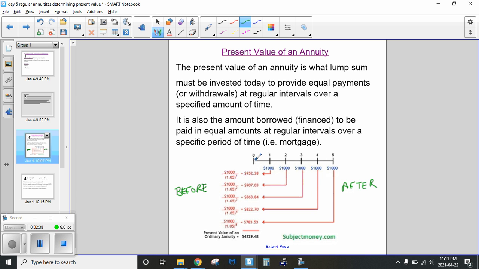All right, in order to have another $1,000 ready by the end of year 2, I need to deposit $907 today, and over the 2 years, that one will grow to be $1,000. To get ready for the third withdrawal of $1,000, I'm going to deposit $863 today, and that's going to have 3 years to grow, which is why it's less money. And these numbers go down and down and down. The longer the money's sitting in the bank, the more interest it can earn. If we add all of these principal amounts or present values together,